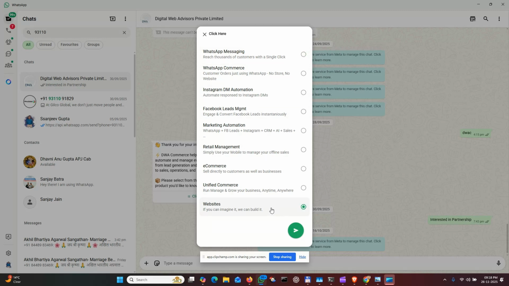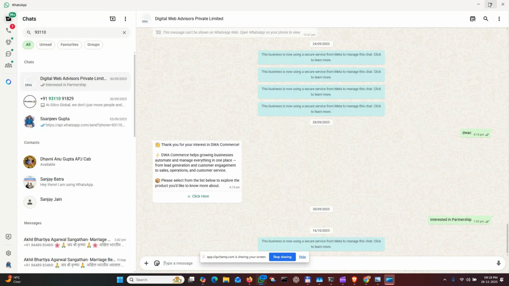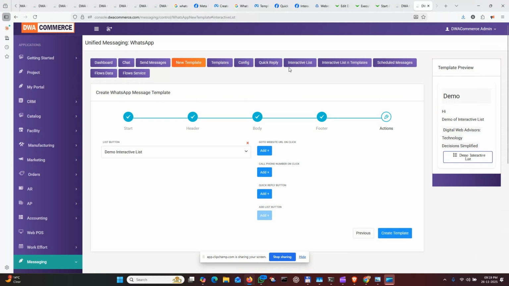Now customer wants to select something, they hit a message and it will automatically send the follow-up message. So this is the second use case that we had talked about. Now let's look at the third use case. Now in these two use cases, what is happening is you're sending a message,